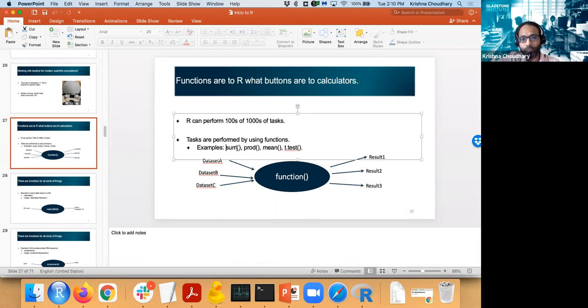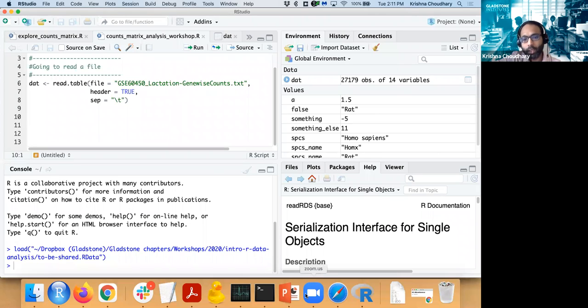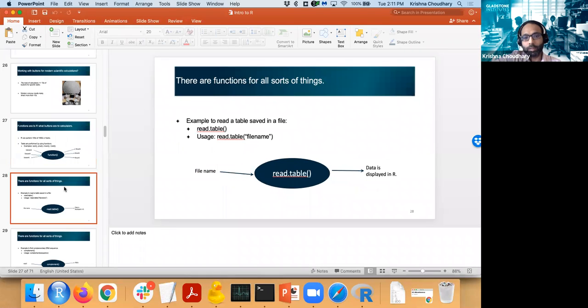So we have functions called sum, product, mean, t-test, to compare two sets of values and check if they are identically distributed or not, or things like that. We have a variety of statistical tests implemented in R. And as new methods are developed by some statistician or bioinformatician, or whatever people like to call themselves, they would often implement them in R and provide packages for others to use. So packages are collections of functions